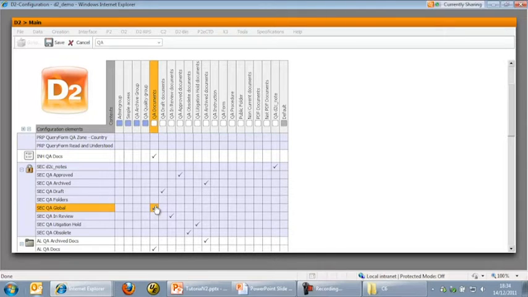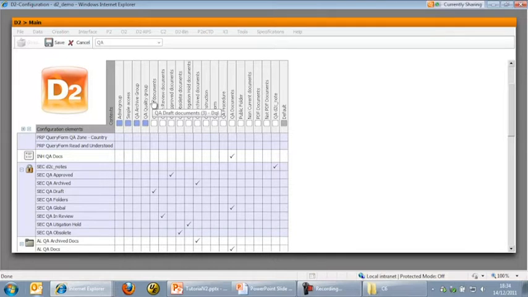So it's really important to understand that in this main matrix, you have to order your document sets properly, and that means you have to put the more global document set on the right and the more specific document set on